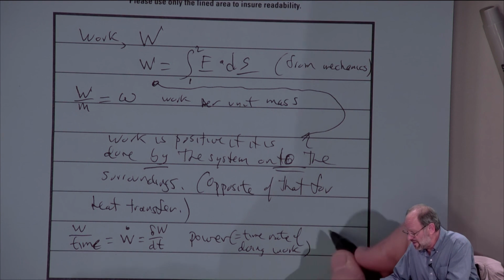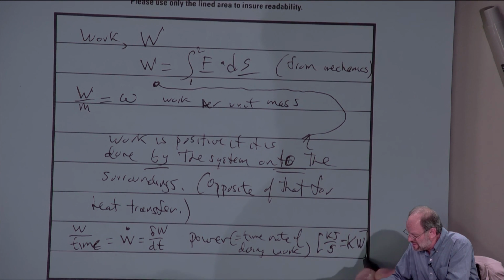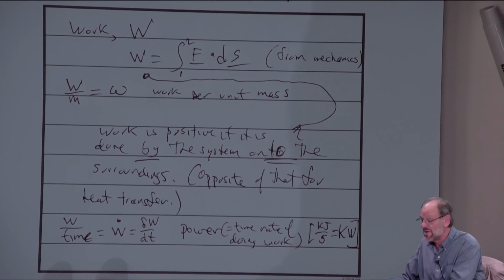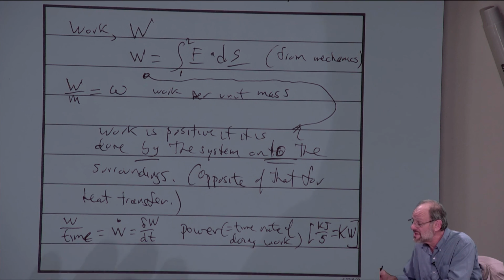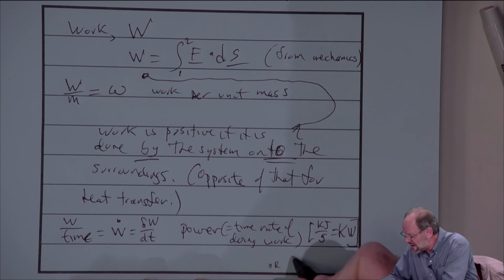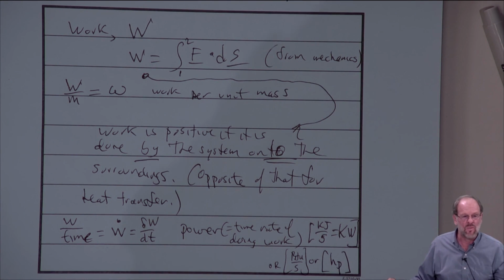And again, we need to have the appropriate units. So the units are going to be either kilojoules per second. Well, it turns out that a kilojoule per second is defined as a kilowatt. So they're exactly the same. A kilojoule per second or a kilowatt mean exactly the same thing, and that's what we're going to use in the SI system, typically kilowatts. In the British system, it's just going to be BTUs per second or horsepower. Now, 1 horsepower is not equal to a BTU per second, all right? They have absolutely nothing to do with one another.